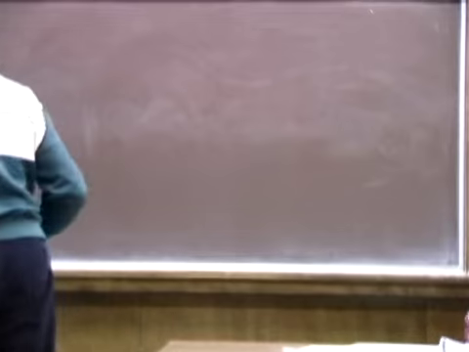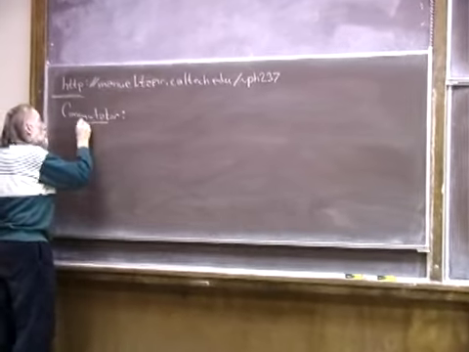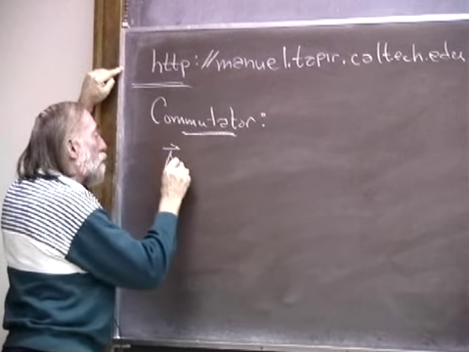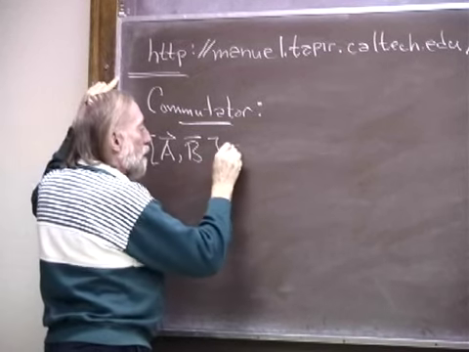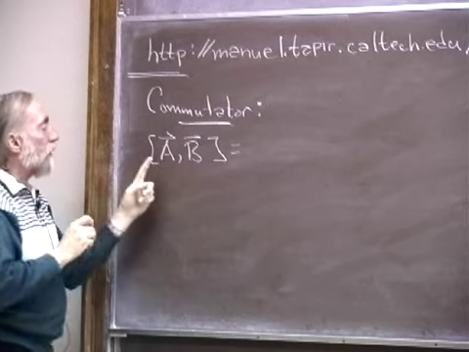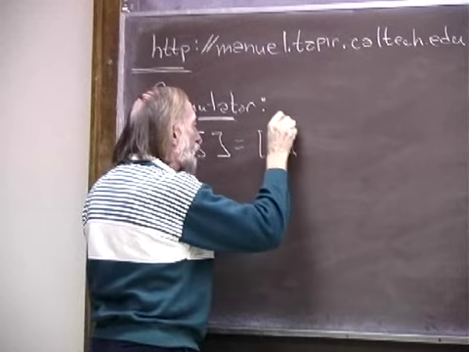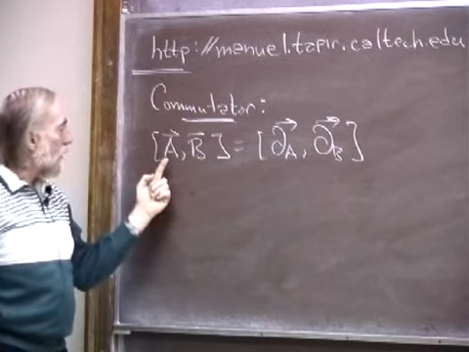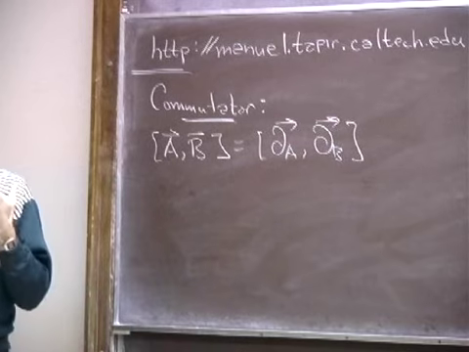So let me just say a few words about the commutator. You have read about the commutators. And from your reading, you know that a commutator of two vector fields is most simply described by regarding the vectors as directional derivatives along themselves. And I talked last time about that isomorphism between the vectors and the directional derivatives, and the fact that a mathematician would say the vector is the directional derivative. And so now you have derivatives, and you know what a commutator means for derivatives.